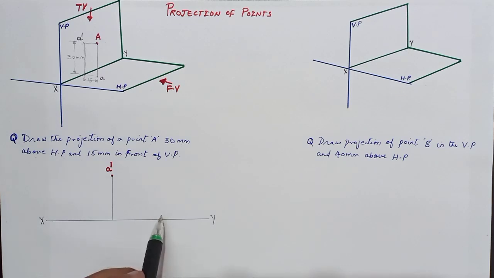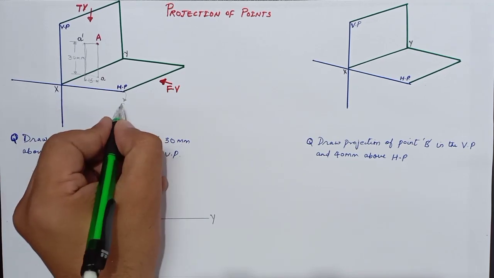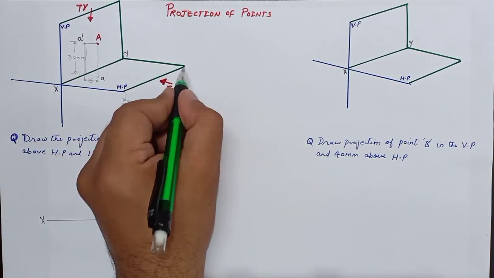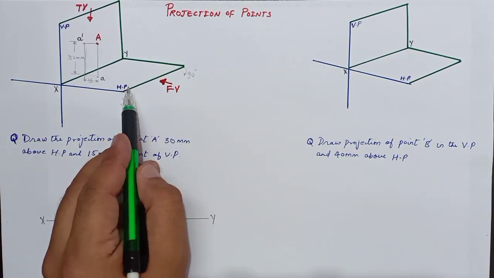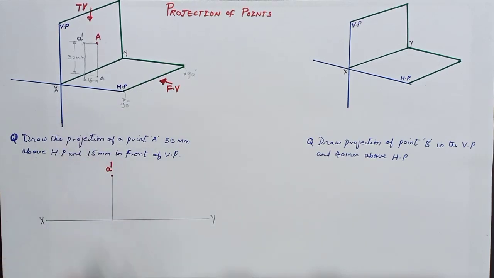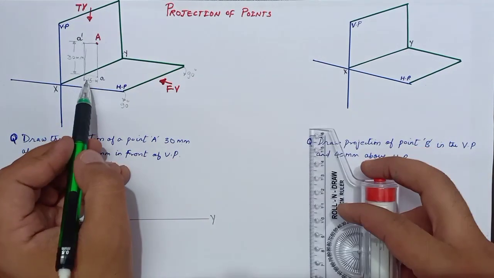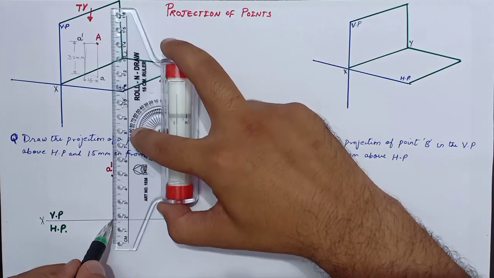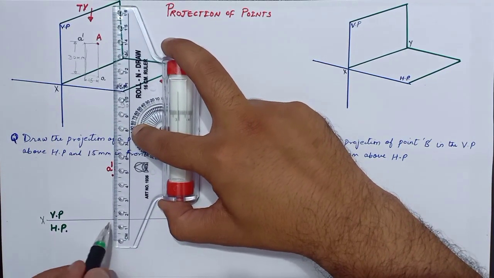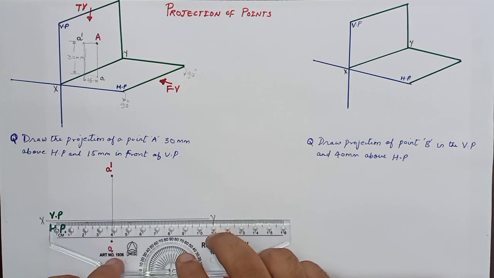To draw it in the orthographic view, first we need to rotate the horizontal plane 90 degrees in the clockwise direction, due to which the horizontal plane will move below the XY line. So here we have the vertical plane and here we have the horizontal plane. Now the distance 15 mm, that is for the top view, will lie below the XY line. Now giving dimensions to these points,